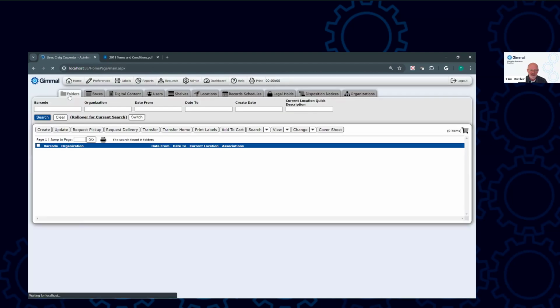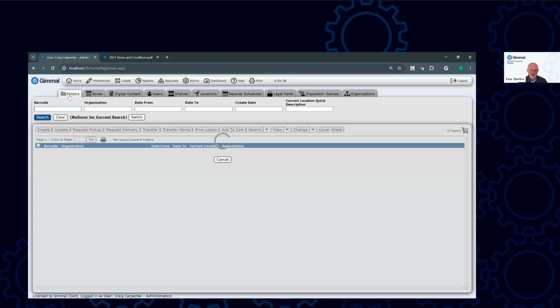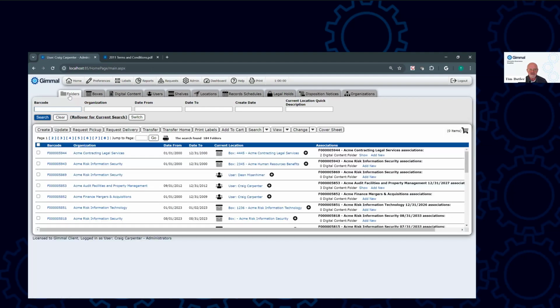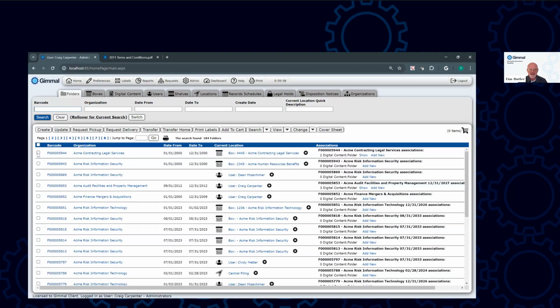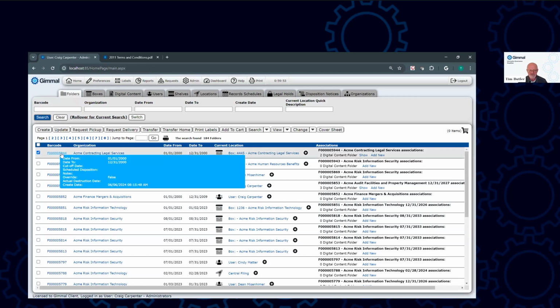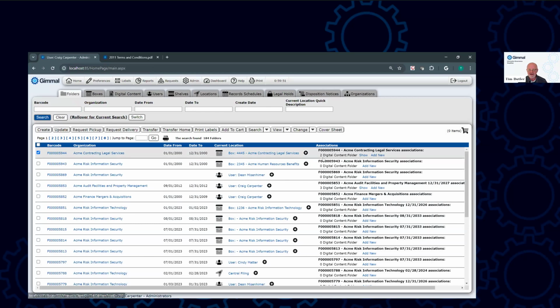Over on the folders tab, we'll use in our example here in the demo what we have seen our clients do, and we strongly encourage this, of course. When users come in and they need to get information in their hands, focusing here on the folders tab, they could say, hey, I need the information. I see we've got both physical and electronic copy, but if they took the time and clicked on the show and launched the digital content and they didn't see the exact page of the document that they wanted,